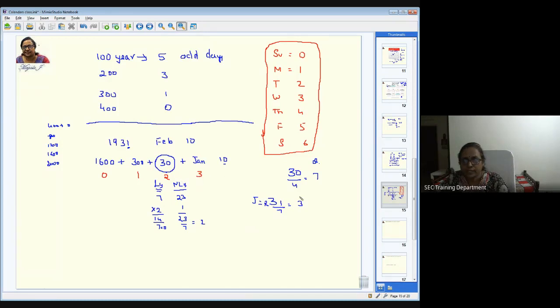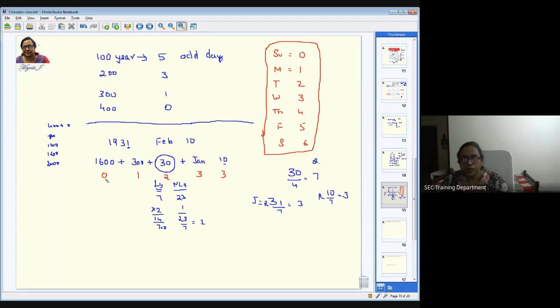Okay. And now 10. 10 again directly divide by 7 and tell me what is the number of odd days. 10 alone we are taking, not up to 9, because we are not considering minutes and hours. See, everything is breaking down into smaller ones. So the year, we are breaking into months, and we are not taking it again from months to date, date to hour. So we have to stop and take only for the 10. The day alone, if you consider, 3. So this is going to be 3 again.